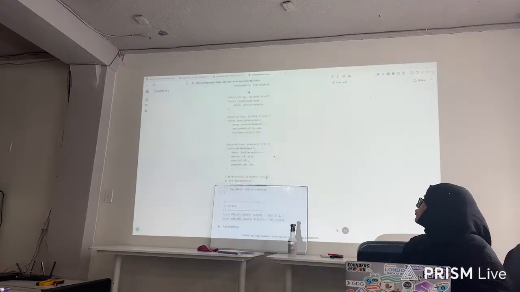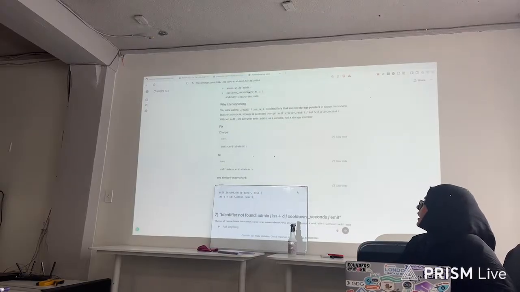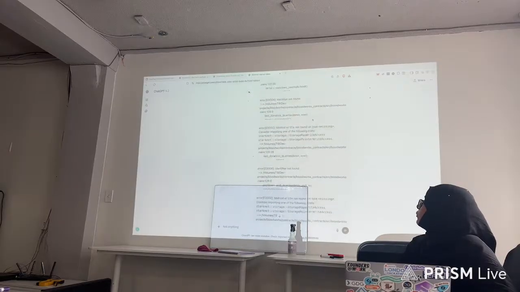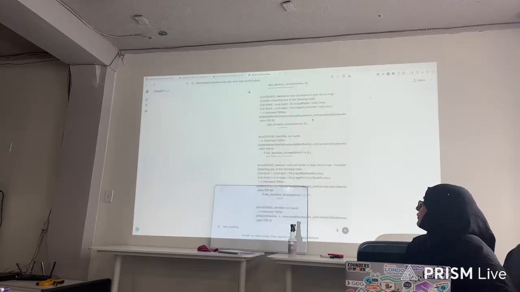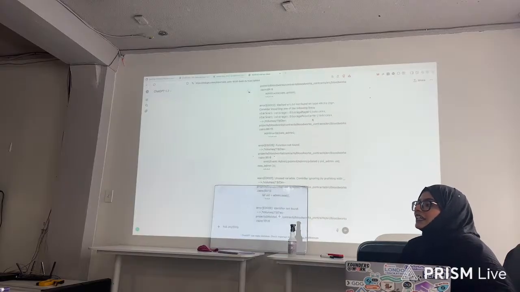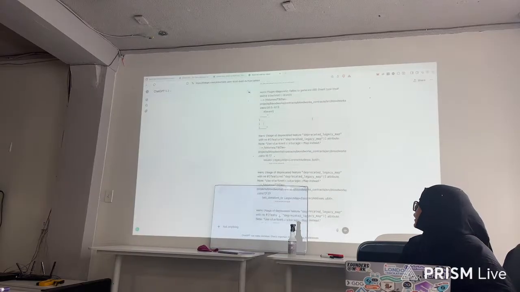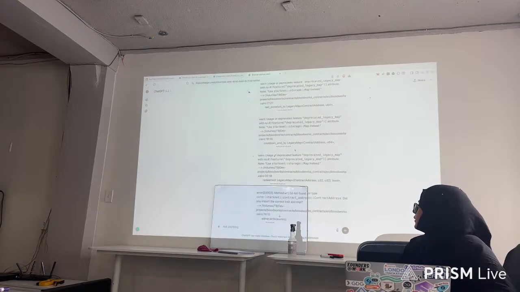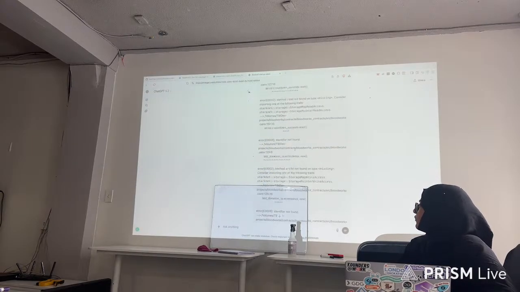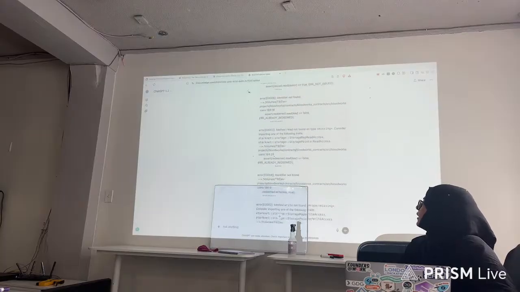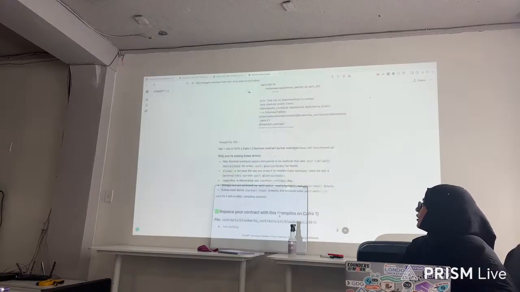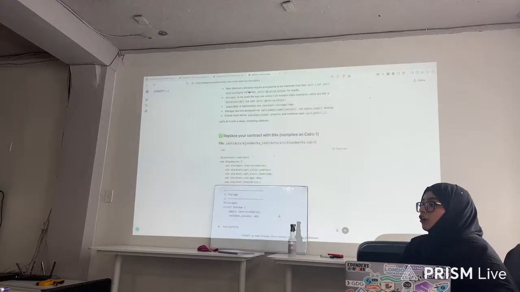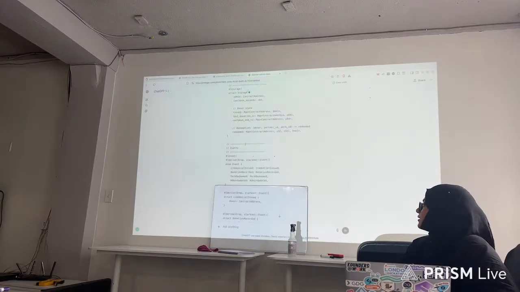Like, I'll show you in fact the start of this, where I gave it the complete problem statement, and then look at this. I also gave it all of the errors that I was getting in hopes that it would clear everything out in one go, right? Look at this. The first one that I wrote, I got so many errors. I gave them all at once and said, solve my error. So you are seeing these errors. It tried and it said I will replace the contract that will compile without these errors, and then it replaced it for me,